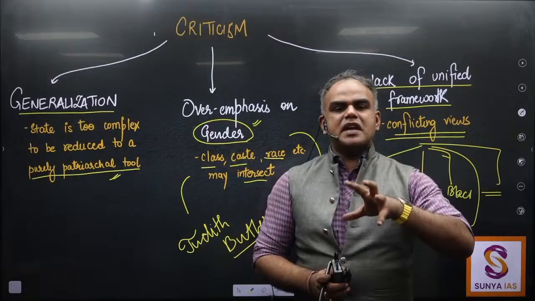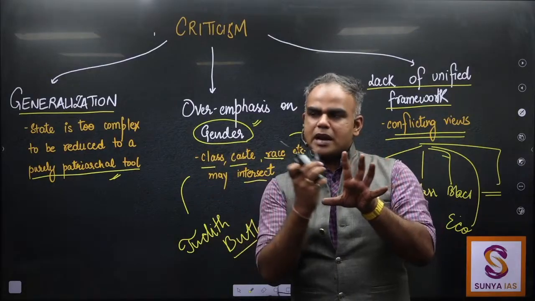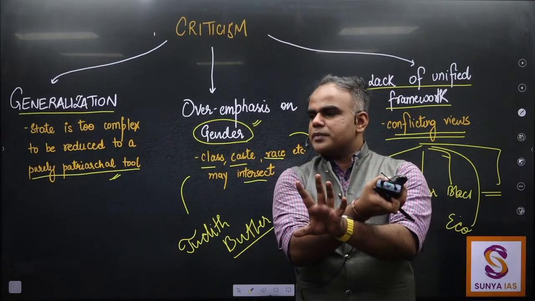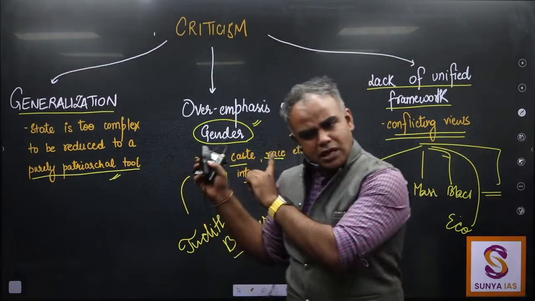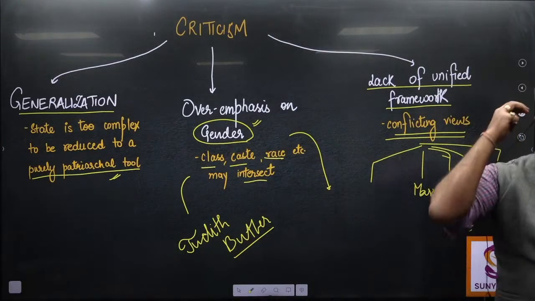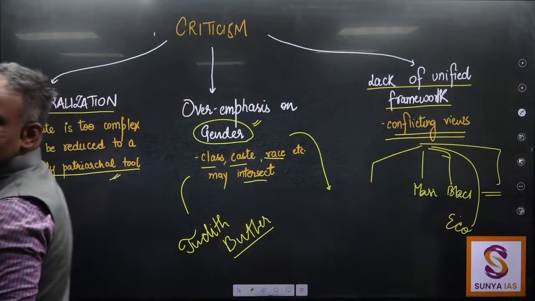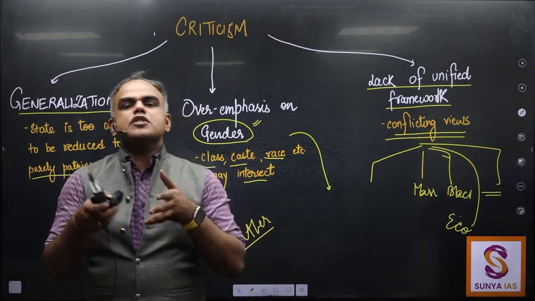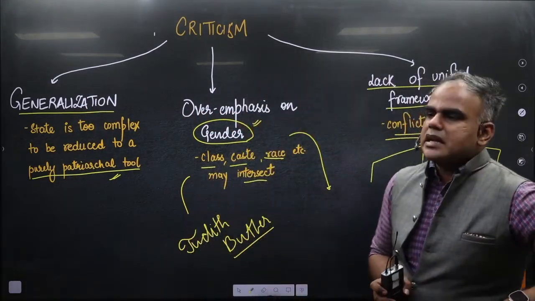What did we say? This is ambivalent. It means on one hand you are saying that state is an instrument of development, it can protect the women, but at the same time you are also saying that state is an instrument of patriarchy and state is going to subjugate women, so that makes the position confusing. This can also be one of the criticisms. Okay, and overall when you conclude it, you can say the same thing, that it also provides us with a nuanced and a deeper reflective understanding of the various sections of the society. It also talks about betterment of women, or in general it, let's say, enhances our understanding.